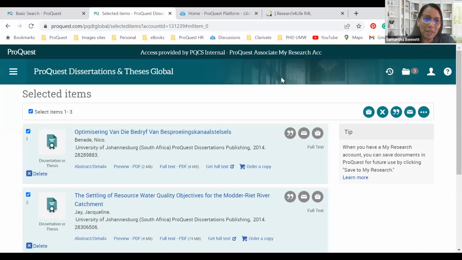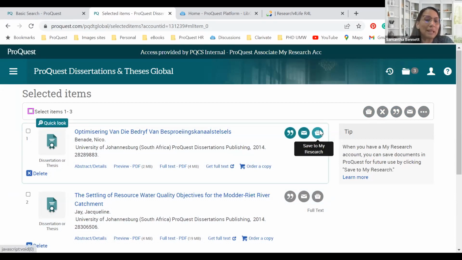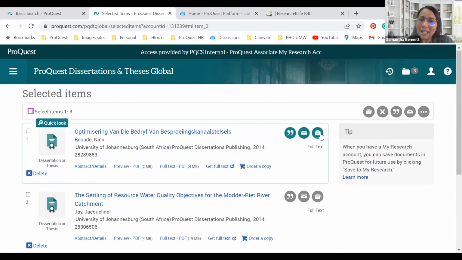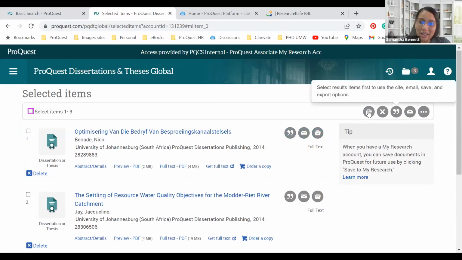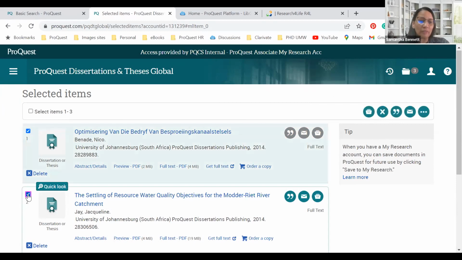And from here, you have a couple of options that are available. So let's just remove those selected items from here. I have the option to add my dissertation and thesis directly to my research account from here. But I also have the option to add it utilizing the icon directly from there. What's the difference between the two? When I select the icon here, it will only save this very first article to my research account. But when I select this icon here, it will allow me to choose all of them.